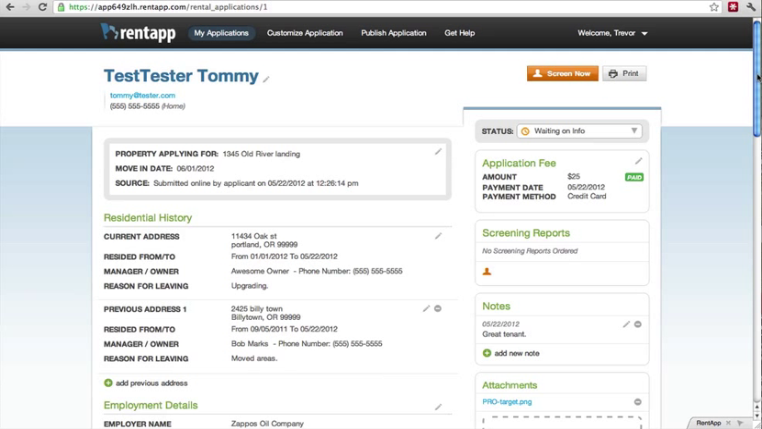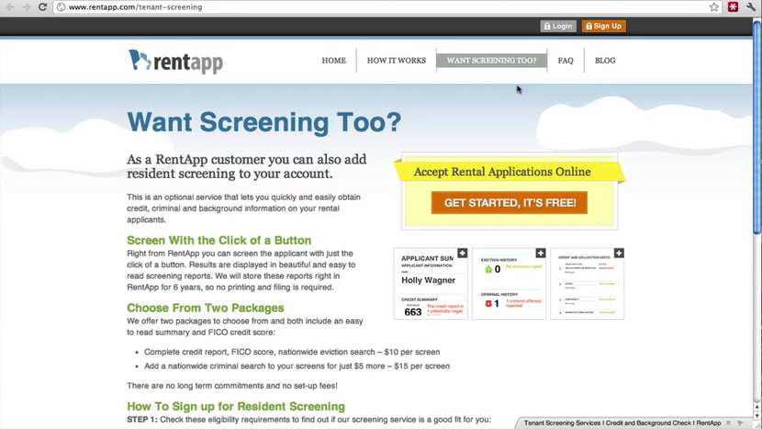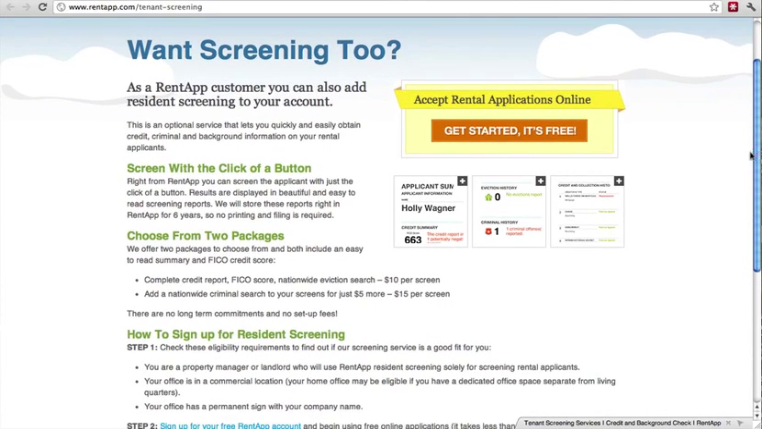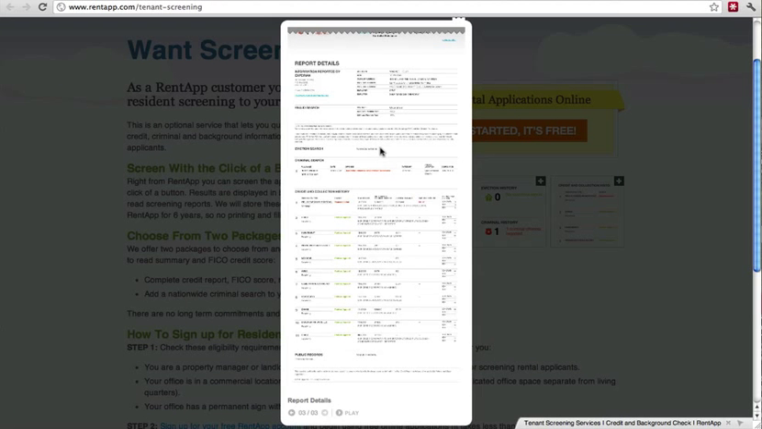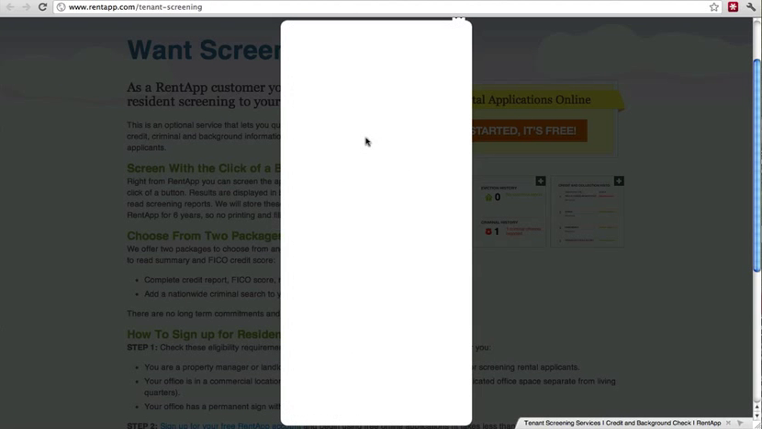So like I was mentioning, they have a screening feature in here. So their screening feature, you pay about 10 to 15 bucks depending on the applicant, the type of screening that you're wanting, and you get the full screening application. So I'm going to show you what their tenant screening is and show you some screenshots. So let's go and click this screenshot to see kind of what a